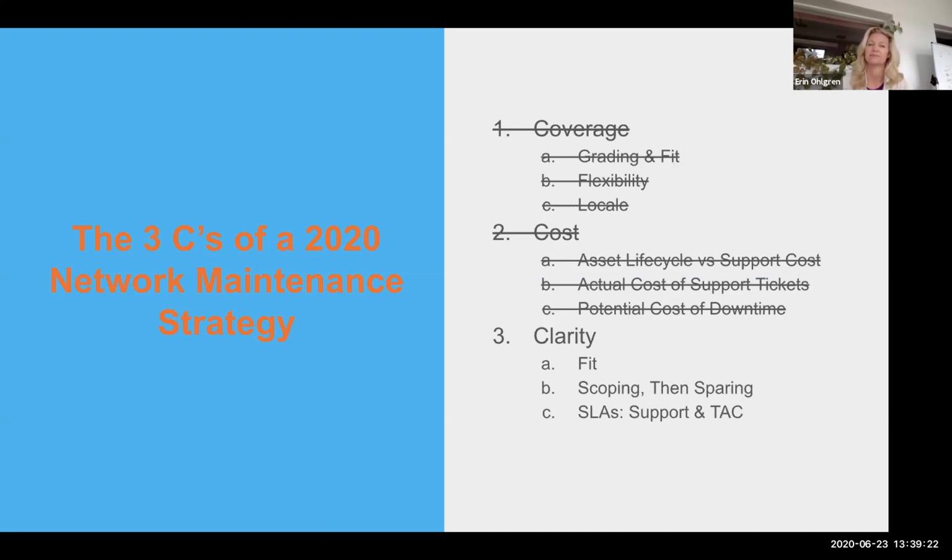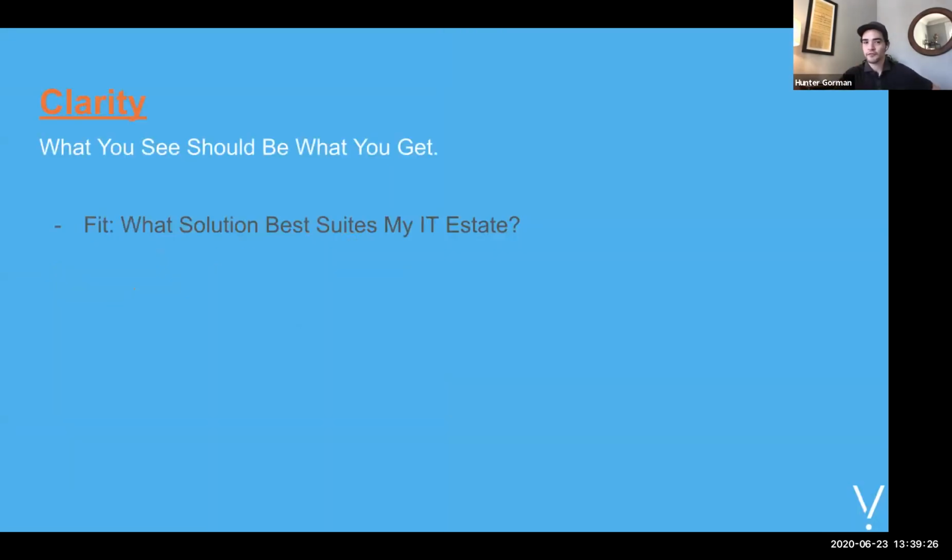Definitely. And you started to allude to this on the value part. I think it's the greatest intro into our next section, which is the third and final C, clarity. What we say there is what you see should be what you get, right? It's very simple. We believe that here at PivIT and at One Call, absolutely. But you started to mention going through a cost exercise in terms of the grade. In terms of clarity, this third C we'll call fit.